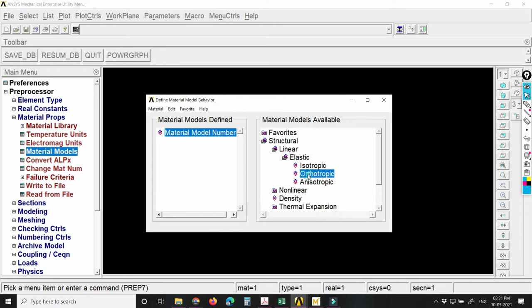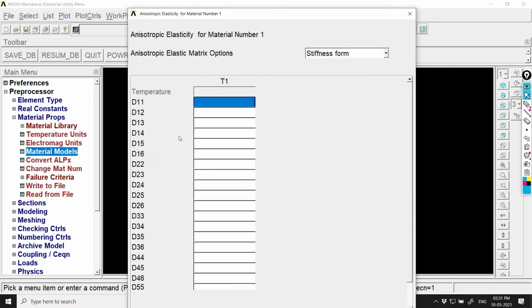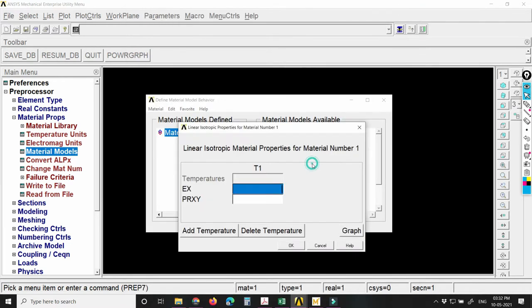If I choose orthotropic, it will ask for the different Young's moduli along x, y and z. And if I choose anisotropic, it will ask for all these things, you will see D1 up to D66. If you study composite material, you will get this one. You can also find it in FEM. So we will go for isotropic.